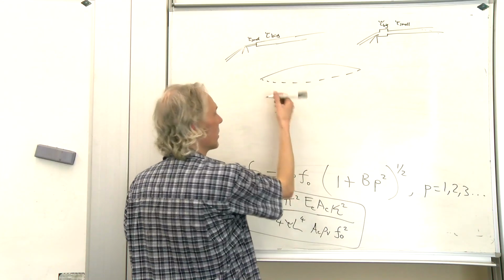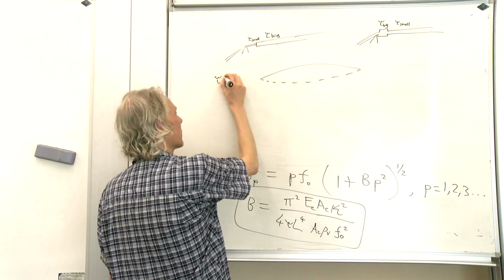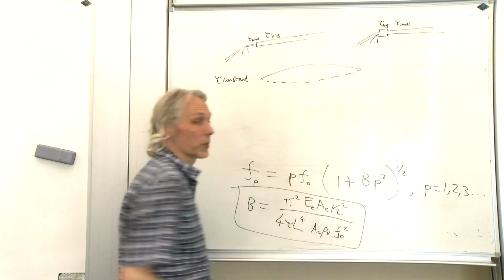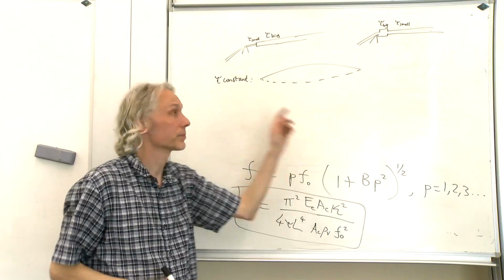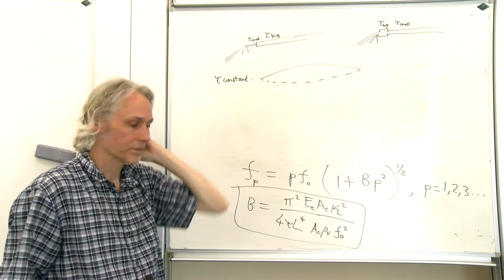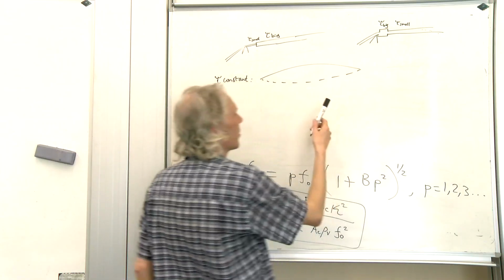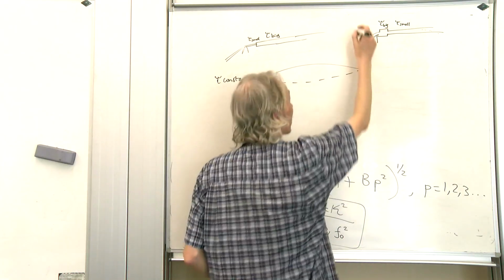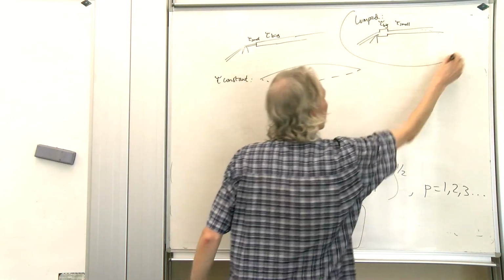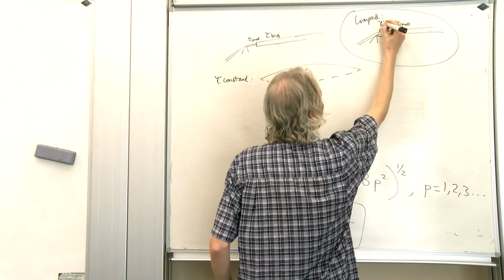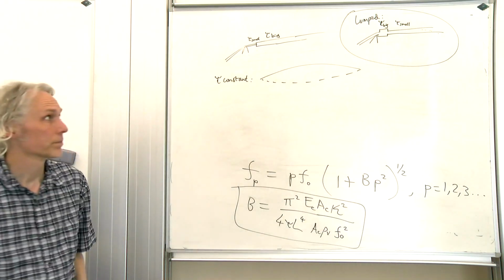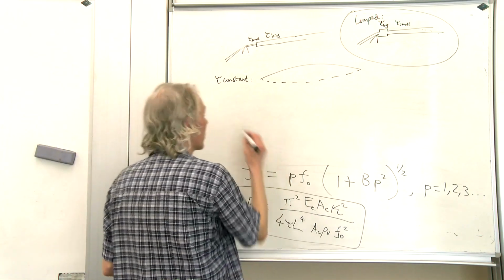So consider the string. This is tau constant along the length of the string, so it's got the same thickness of string all the way across. We get a nice sine wave for n equals 1. If we throw in the big lump, we'll call this a lump string, and we've got tau big on this bit and tau smaller along there. Okay, so if we've got a lump string,